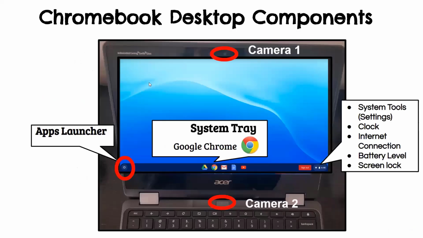So once it's on, I'm going to talk a little bit about what it looks like. So there's a picture there. Here's mine here. There are two cameras. There's a camera up at the top of the screen, and I'm sure you can't see it on mine, but it's like a little hole. And then there's a second camera, which is just above the keyboard. And you probably can't see that because that's not real good, but there is a second camera.